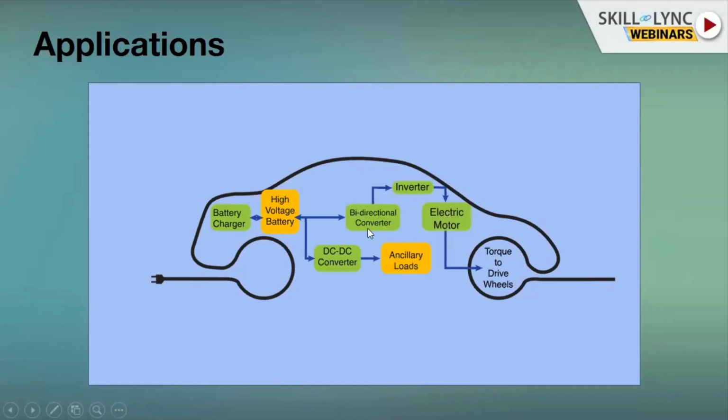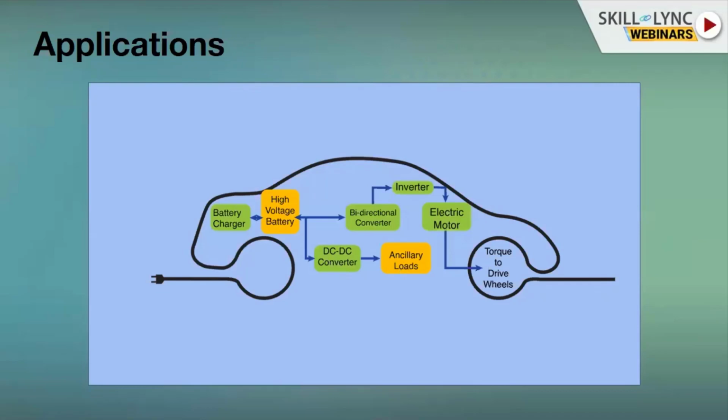And in extra to this main work, you have some auxiliary loads. You have ancillary loads in the sense you have the headlights or your stereo systems or your AC working on it. So these things would be requiring a different level of voltages. So we have a DC-DC converter, which converts this high voltage battery voltage to a lesser voltage and then gives it to the smaller loads which are there in the electric car. So this is the second important example where an inverter is being used.